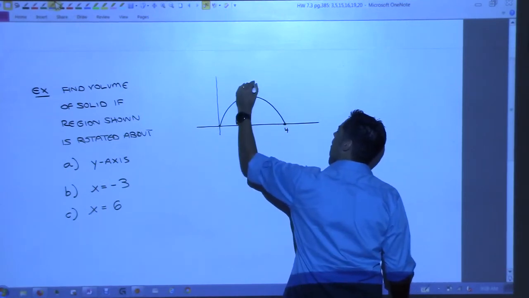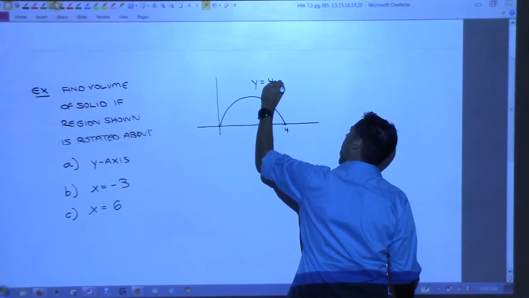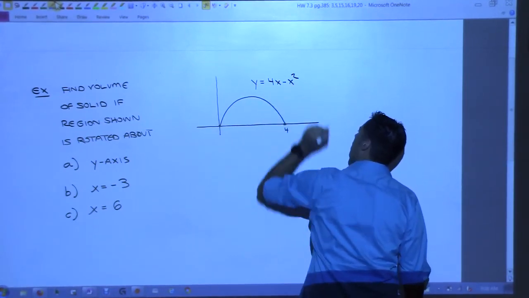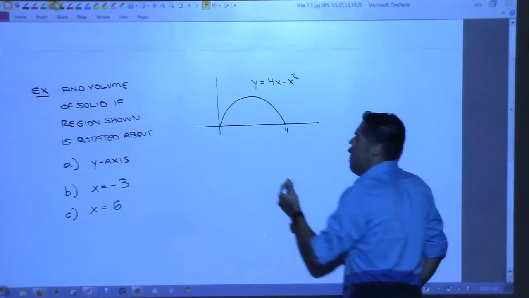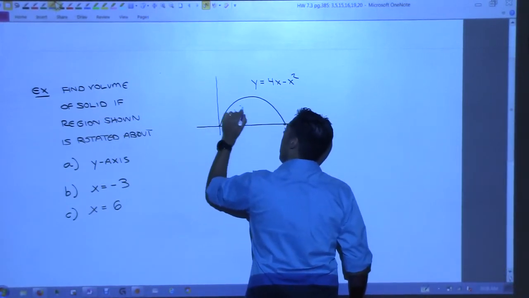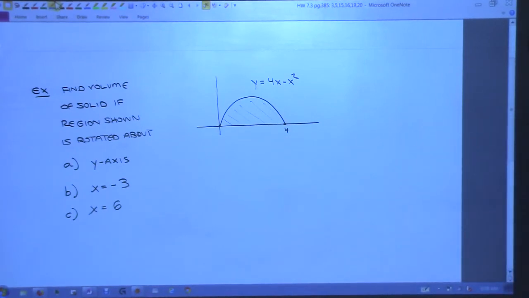This is the curve y equals 4x minus x squared. And we're talking about the region right in here. All right? Okay, so let's do part A. So for part A,